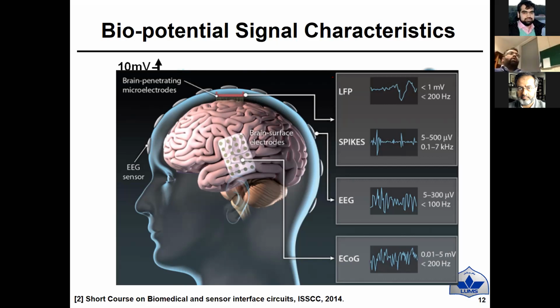Then comes the local field potential. Local field potentials are what you get if you take from your neuron. You take a needle and touch the neuron level, and that is normally called a local field potential. Its amplitude is higher. That's more beneficial in detecting the disorder. But the issue is how you are going to design that needle and touch that neuron level. So that's again a daunting task. So there is no free lunch.